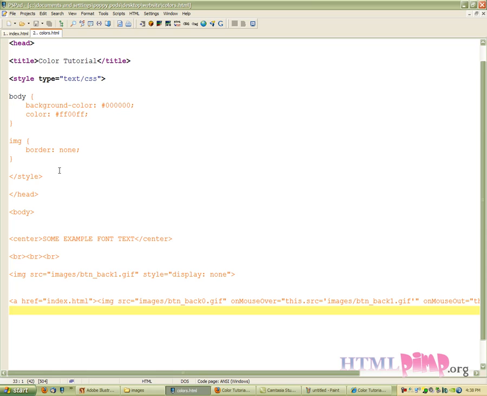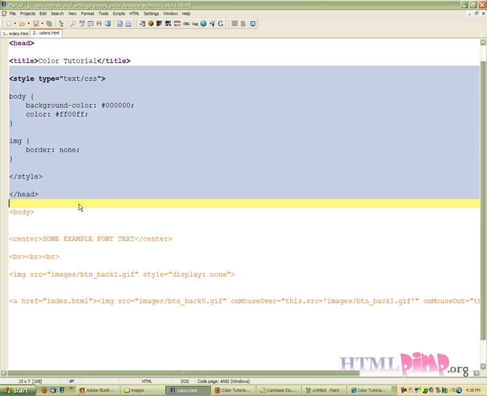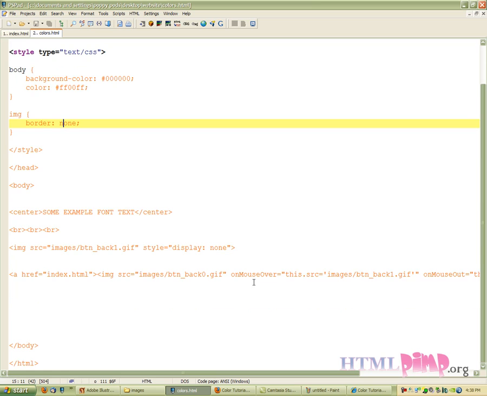Now, what you should do is also add this to get rid of the border that'll show around any image links. It's inside of the style thing. Just put image border none. Otherwise, that blue border will appear. So, moving on to the